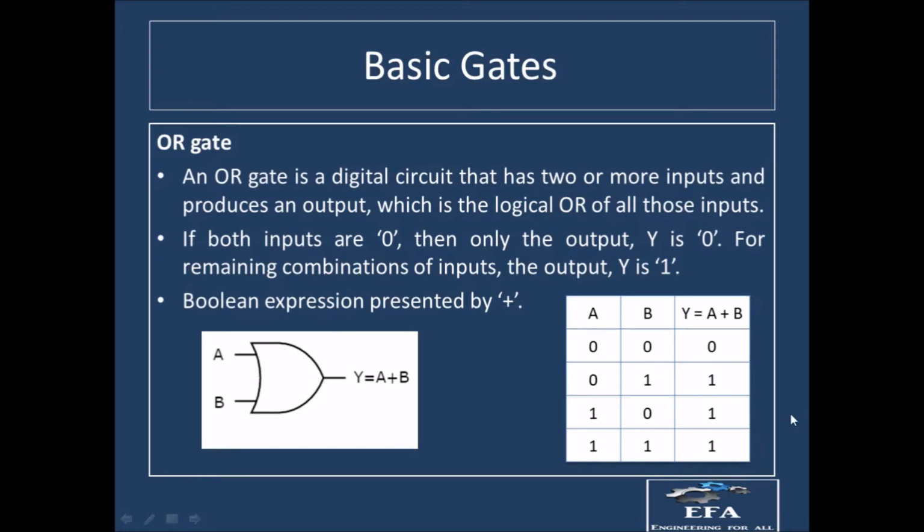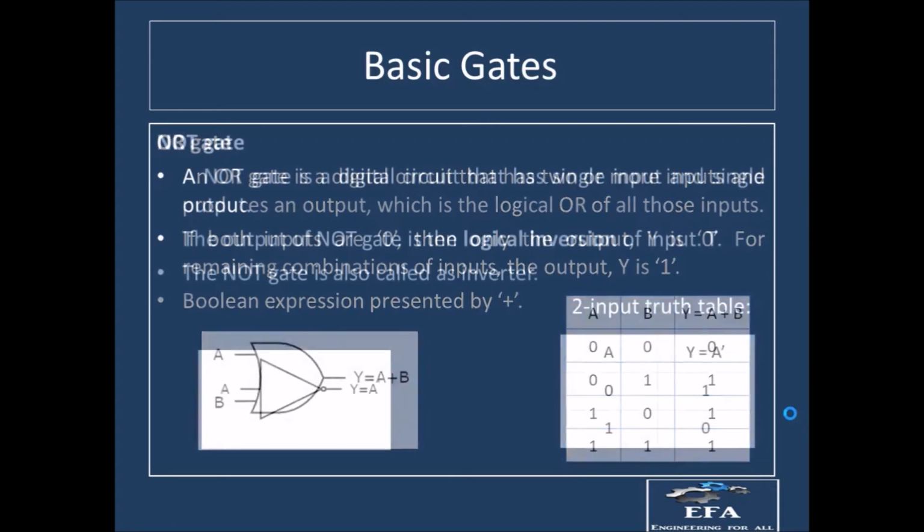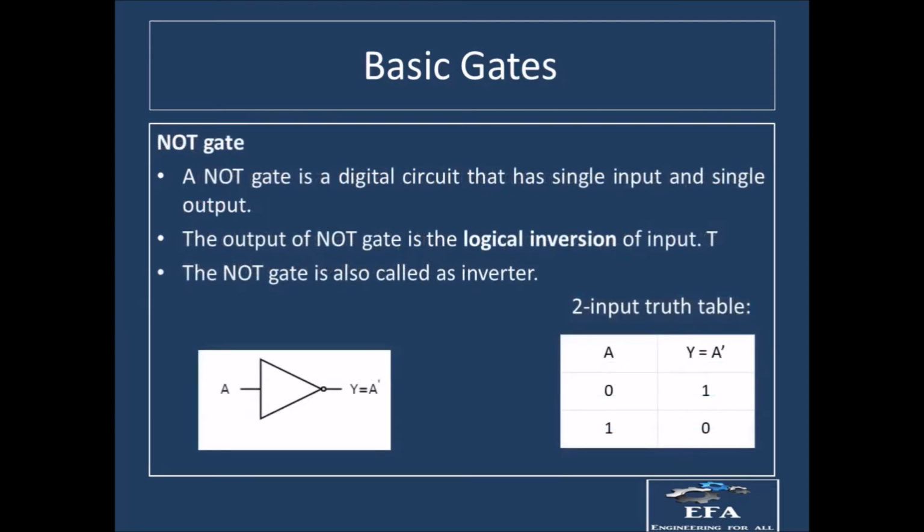Okay, so after that we have the NOT gate. So what is the NOT gate? The NOT gate is nothing but the inversion gate or the complementary gate. The basic or fundamental NOT gate has only one input. When you talk about the NOT gate, this is the symbol, and there will be a bubble in front of it. This bubble represents the complement function. Complement means the inversion function.